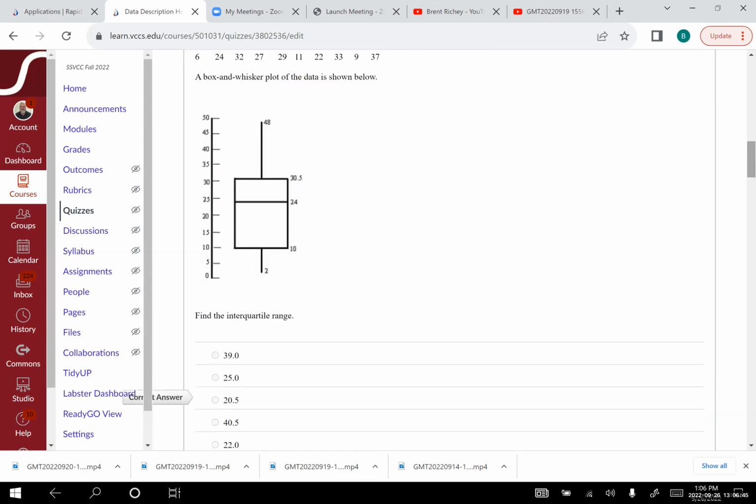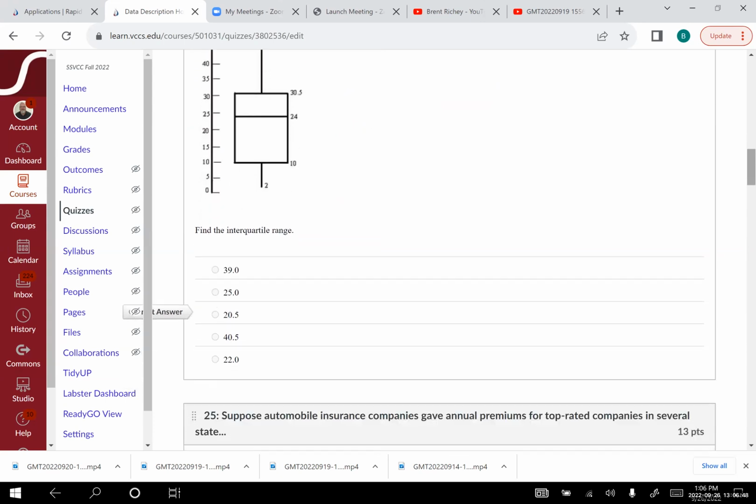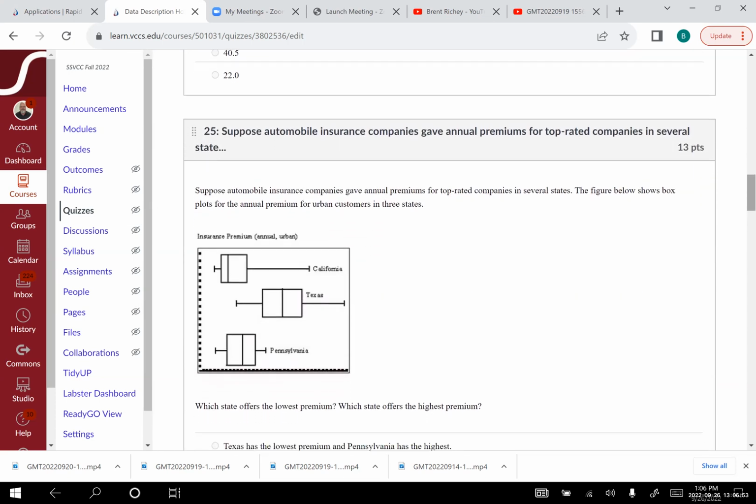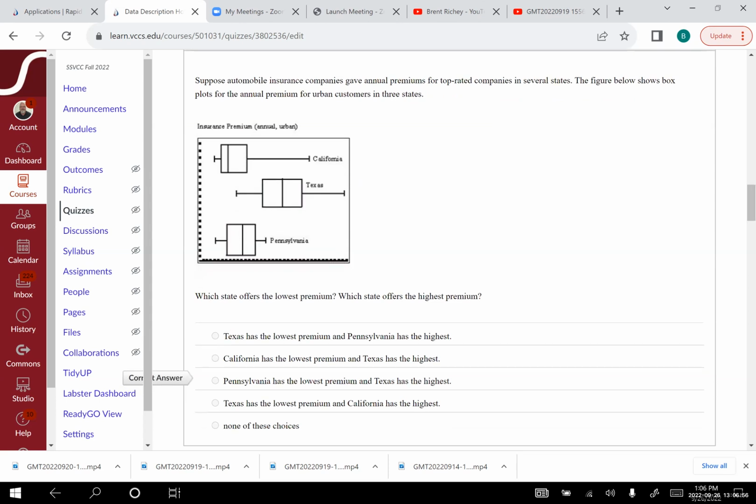Okay, here's the second one. That was no problem. Correct answer 20.5. We got that. Here's the third one. You need to take a picture of that. This third one, Pennsylvania, this was the one I got wrong. They say Pennsylvania has the lowest, but when we drew our line, on this plot, I don't know. It almost looks like it, but it shouldn't be that hard to tell. So anyway, when you enter your answers to get your grade, make sure you select the third choice. Pennsylvania has the lowest and Texas has the highest.